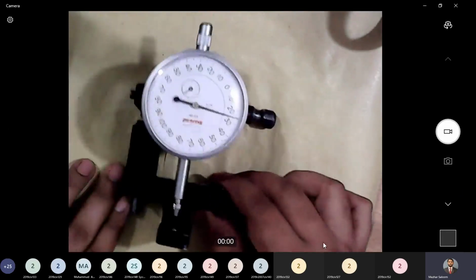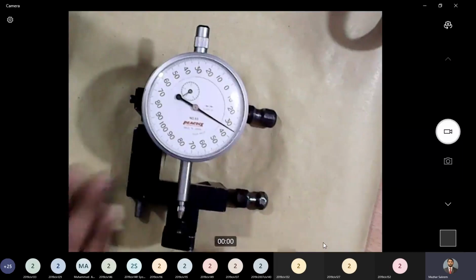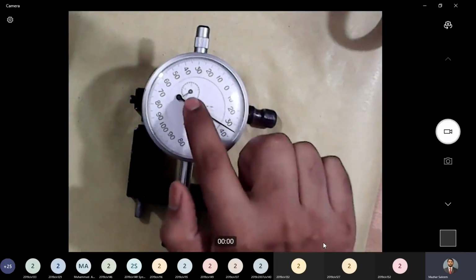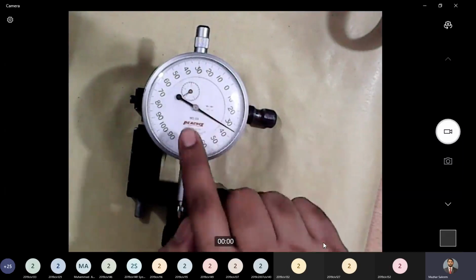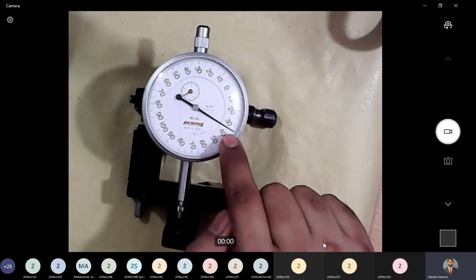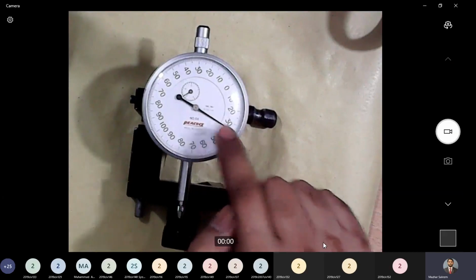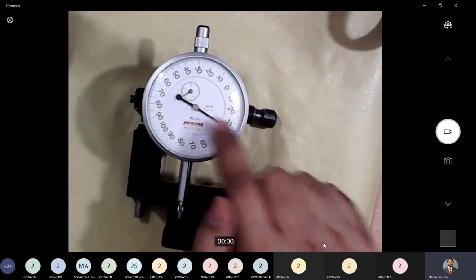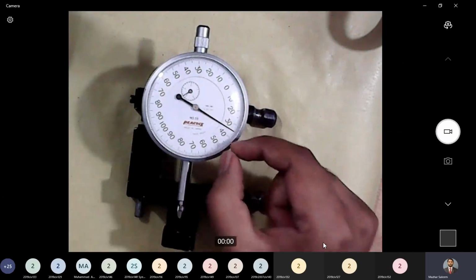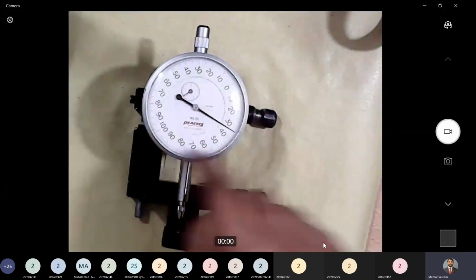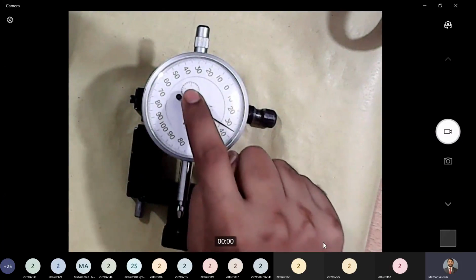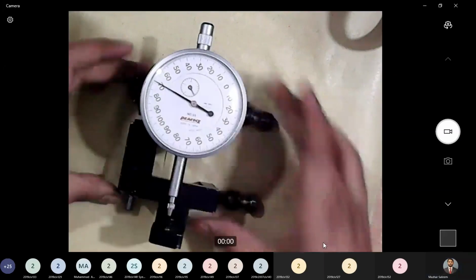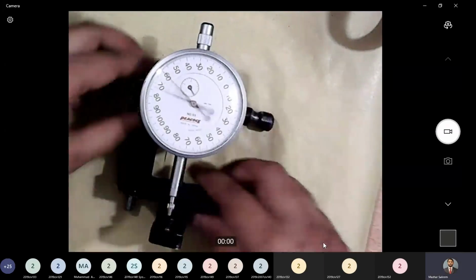This device is known as extensometer. This device has two scales. One is a small needle. This small needle is basically the large scale, and this large needle is basically small scale. Why we call this large needle as small scale? Because the value of one division of this scale, this bigger looking scale, is actually much smaller than the one division of this part, this lower part,